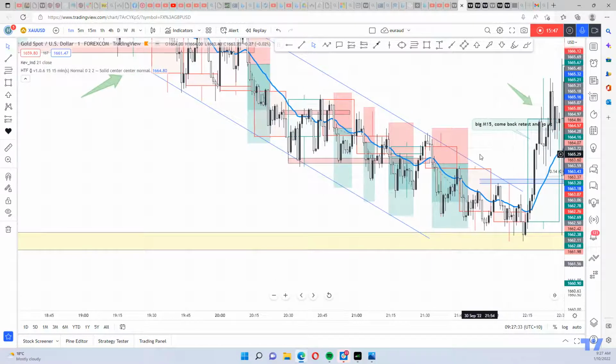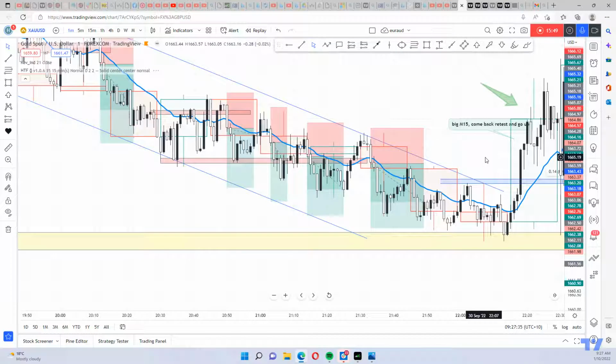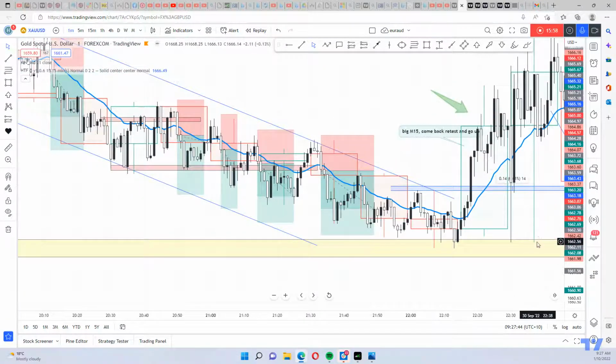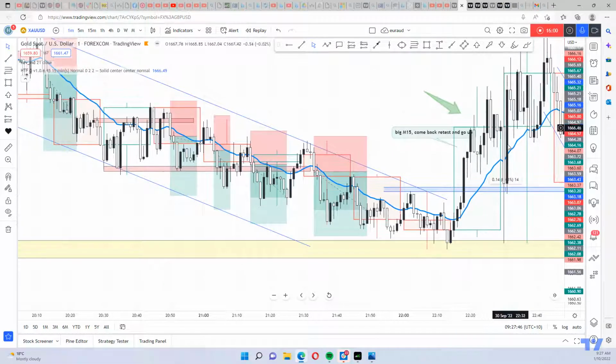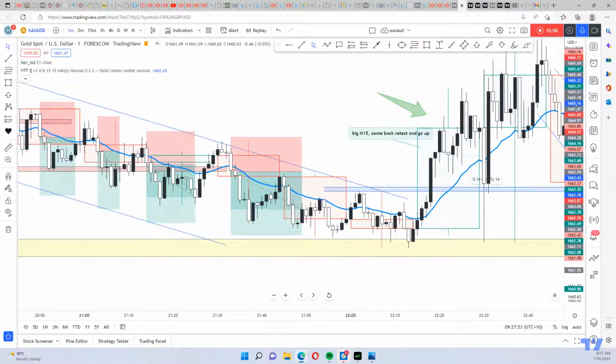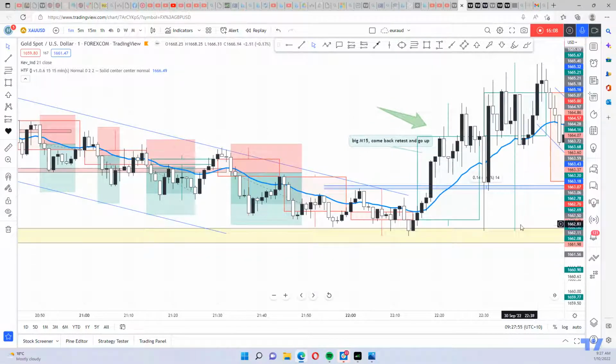Then suddenly one big M15 close like this, really big. You could not jump in here because here the seller is strong, here the buyer is strong. You should remember that. You see it comes back here, it goes up straight, this second candle, but the buyer is still stuck around, the seller still holds this area, so be careful. You have to wait for it to retest this area,